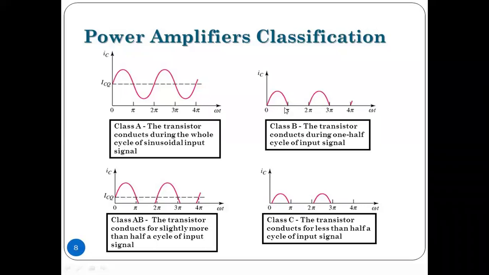Okay. So in the class B power amplifier, the transistor conducts during only one half of the one cycle. That is one half of the input signal. So here the wave is present, and during the remaining 180 degrees, the wave is off. That is, the output signal is 0. And again, if you apply a full cycle, we get only the positive half cycle. That is, it conducts only 180 degrees, and for the remaining 180 degrees it will be off. That is, output is 0. So this is class B.